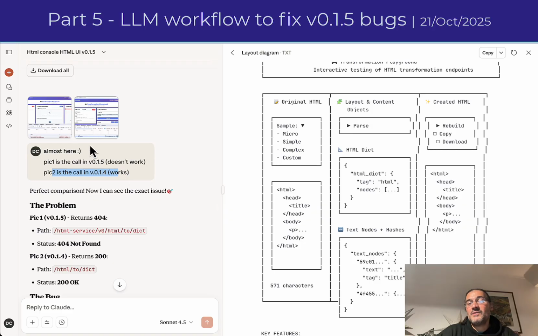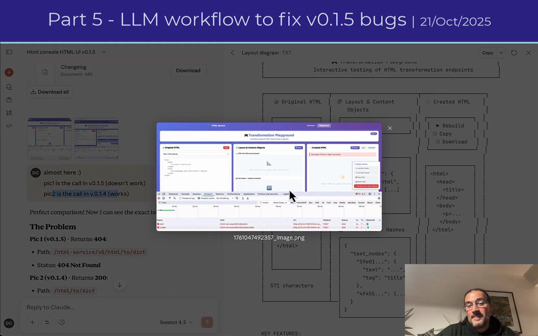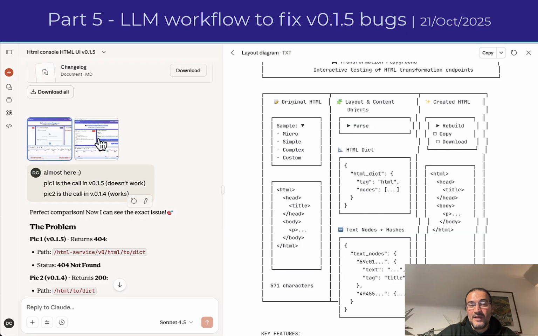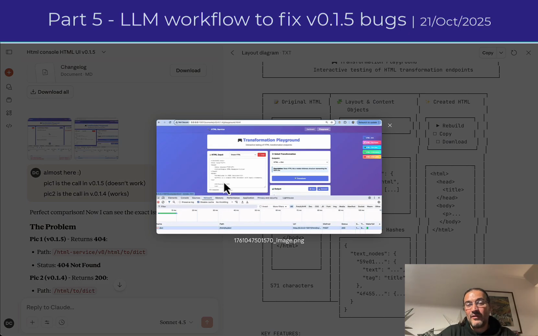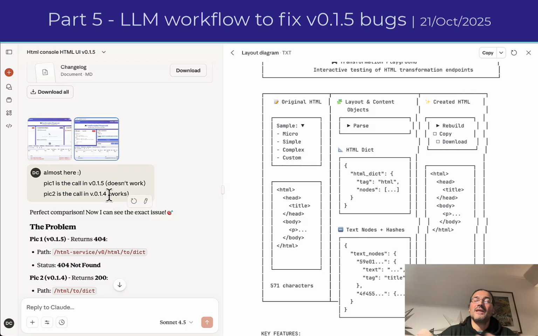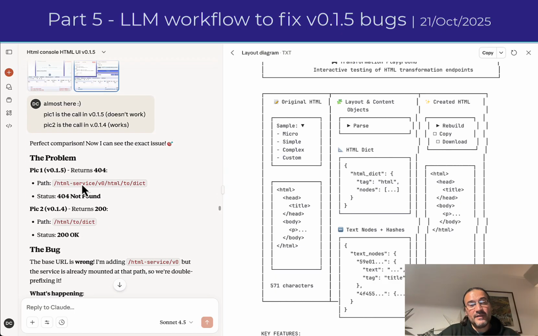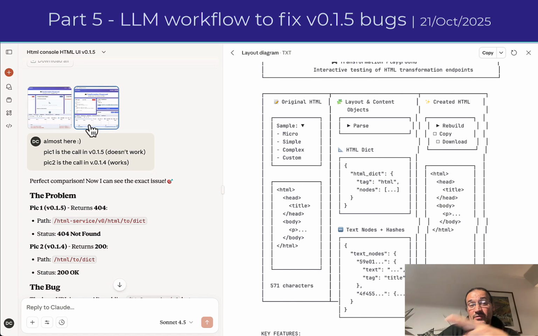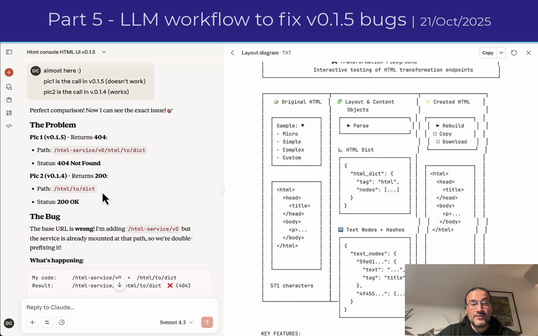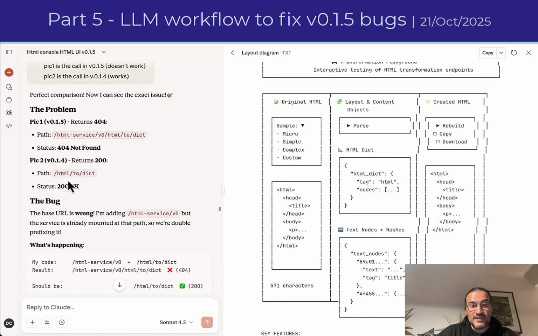In fact, here's the interesting thing. So I actually say, look, this is in version 1.5, the parser doesn't work, but pick 2, the same call in version 1.4, works. And remember, because I can go back in time with my versions, it's very easy because they're fully working, because every version 1.5 is fundamentally built on top of 1.4, and I never touched it, right? So the beauty of it is that I can show, okay, 1.4 is good, why don't I take a look at it? So basically he looks at that,